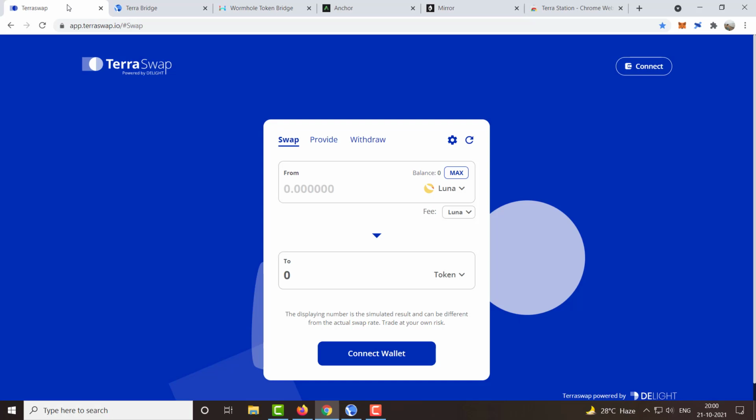Now moving on, the next one is the TerraSwap platform. Here I would like to tell you guys that I am using this platform personally because of a rumor that is right now circulating that TerraSwap is about to launch their own token, and the users who have used this platform will be rewarded with tokens.